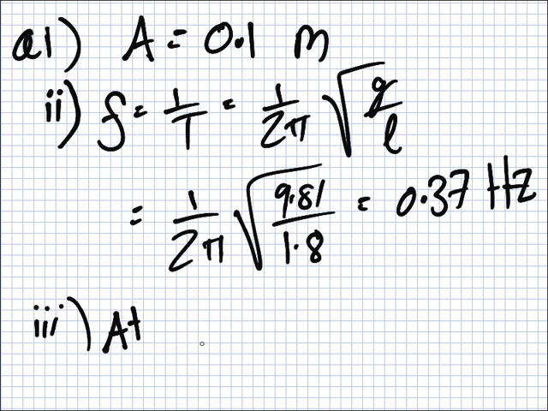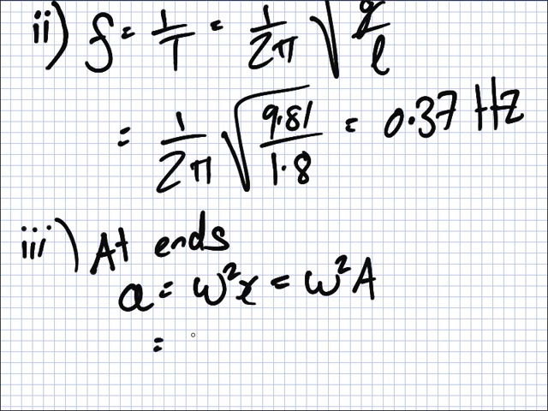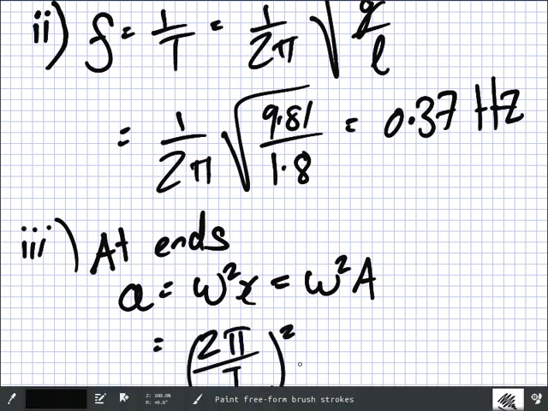The maximum acceleration occurs at the amplitudes, at the endpoints. And it will equal omega squared x, where x is A. So that's equal to 2 pi over T squared A, which is also the same as 2 pi f squared A,